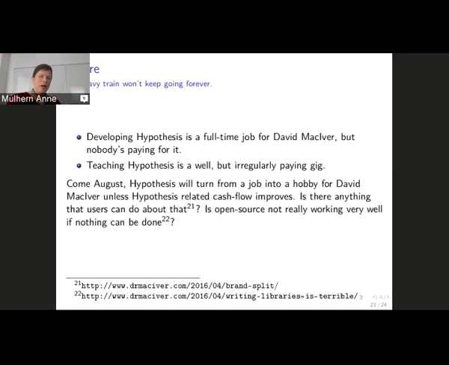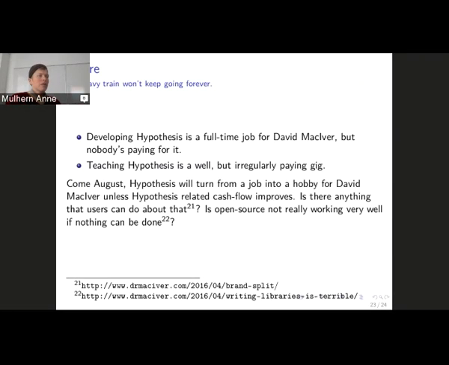Okay, so this Hypothesis, as I said, is great. The developer is going to get out of developing it. He has announced this. He doesn't really make any generally regular money on this. It's a hugely valuable library, and I know that a variety of people use it. This is the kind of open source thing where it would be great if it could be kept alive and kept going and kept supporting.